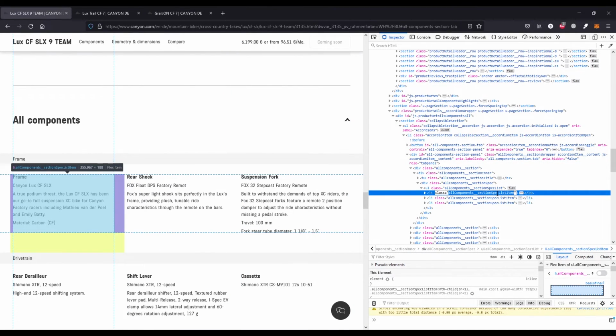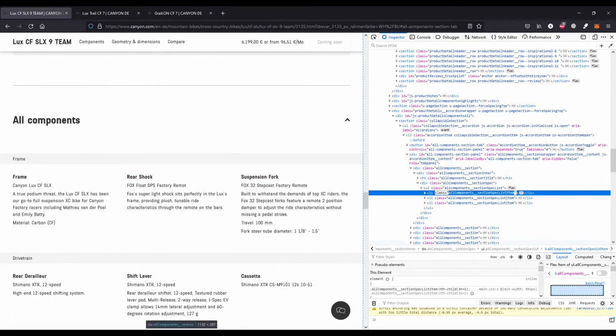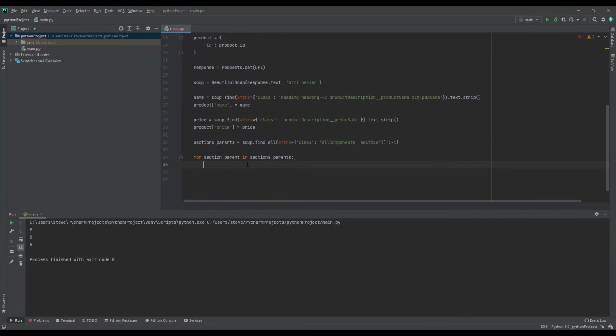So we can use the same method again. And then after we get the components back,